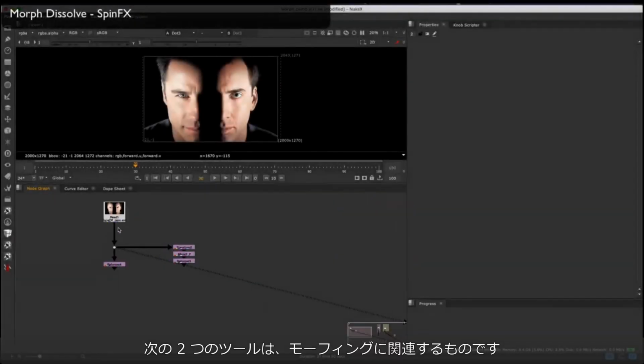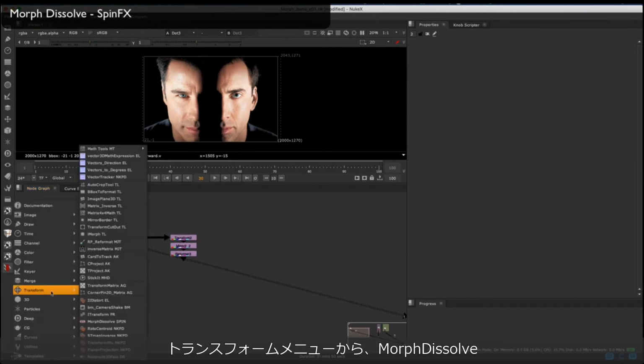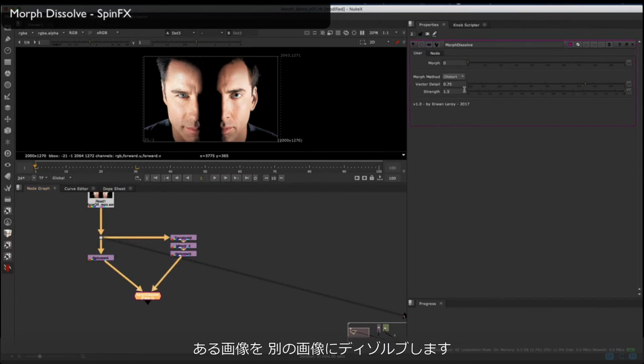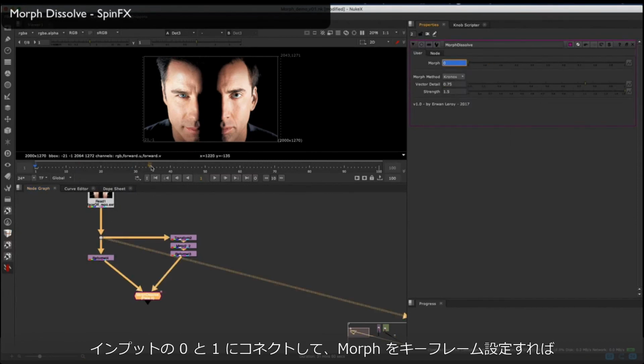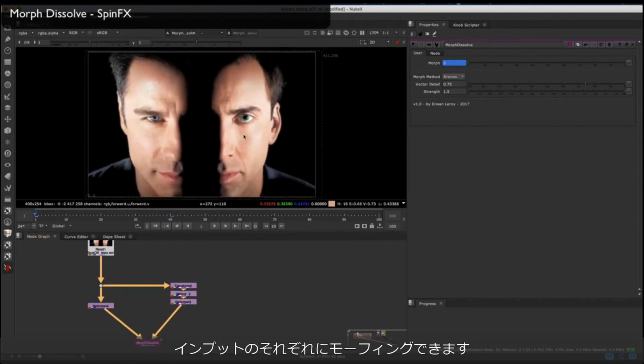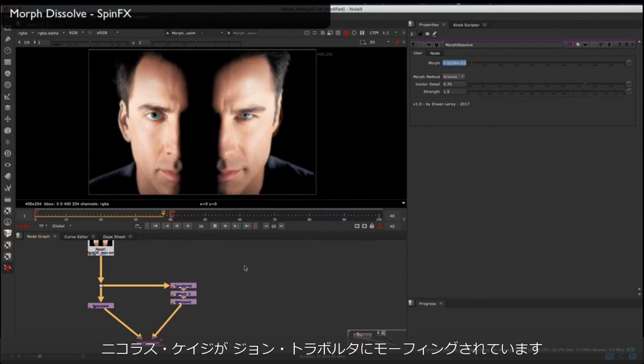The next couple of tools have to do with morphing, and they're some of my favorite tools because they're so much fun to play around with. If you go to the transform menu and you select Morph Dissolve, this is going to dissolve one image into another one. So if you plug in 0 and 1 and set some keyframes, you can basically morph one input into another input. So here I have John Travolta morphing into Nicolas Cage and vice versa in honor of the